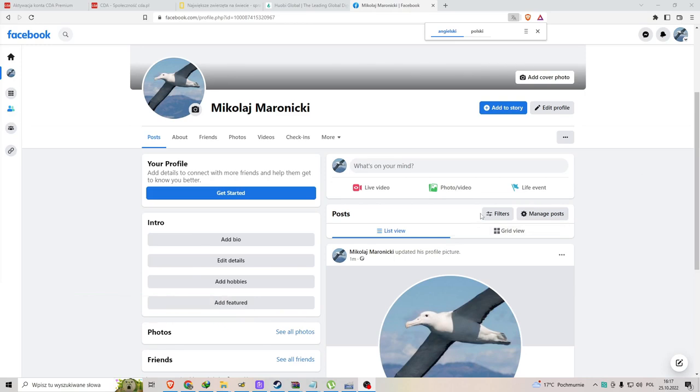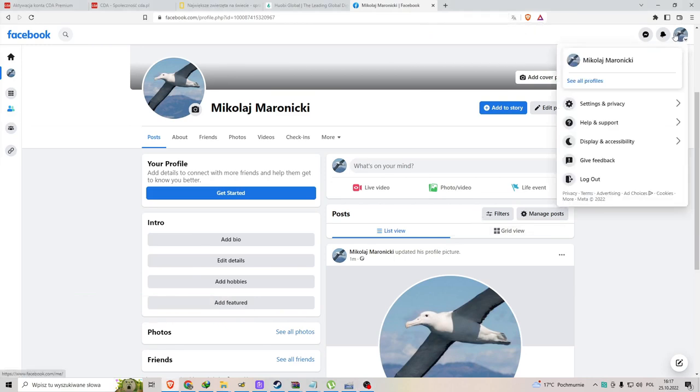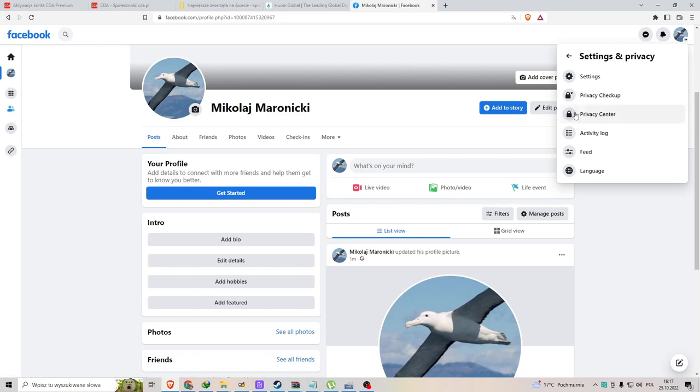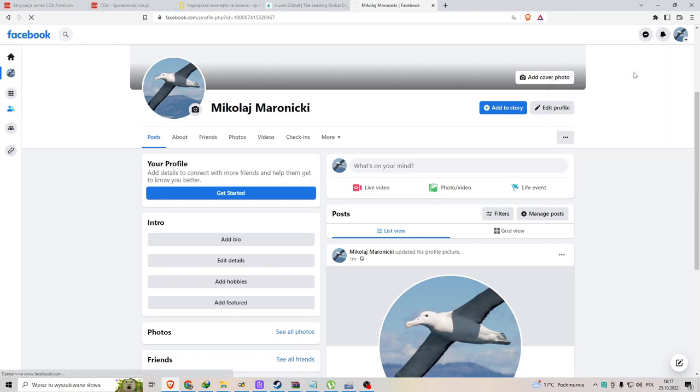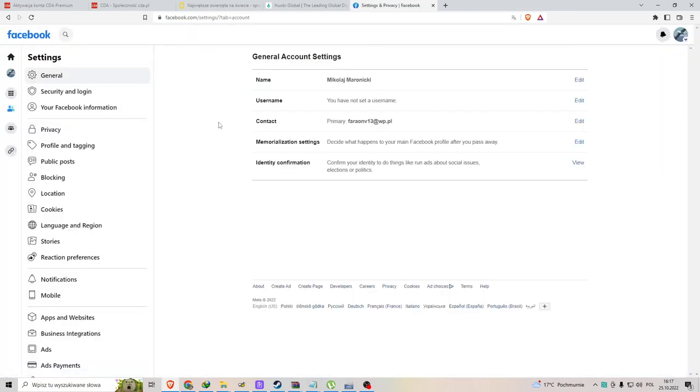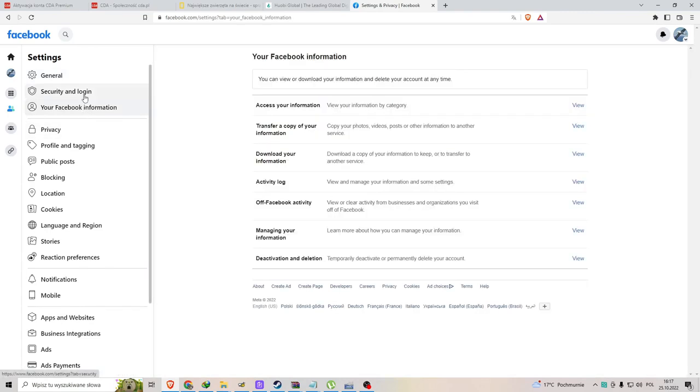So what you need to do is first log in on your Facebook account. Now you click on Settings and Privacy. Now again on Settings. And now you click on your Facebook information here, and here you have Deactivation and Deletion. Click on View,